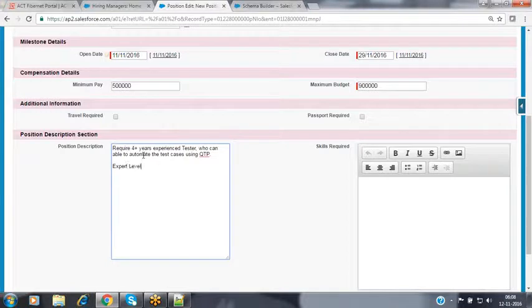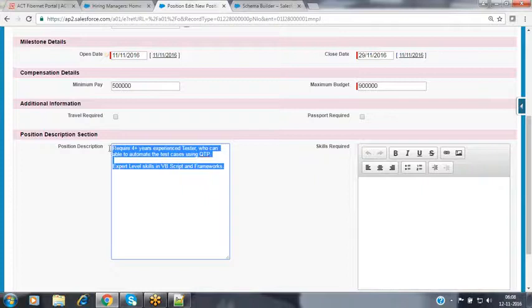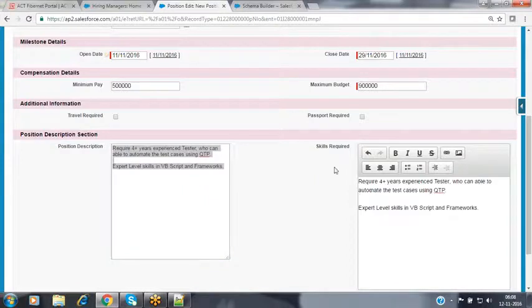Expert level skills in VBScript and frameworks. So now these are the various descriptions that I have specified for the position, and the same skill set I'm expecting from the candidate also.